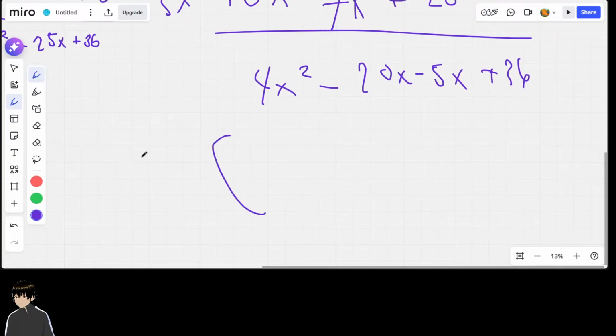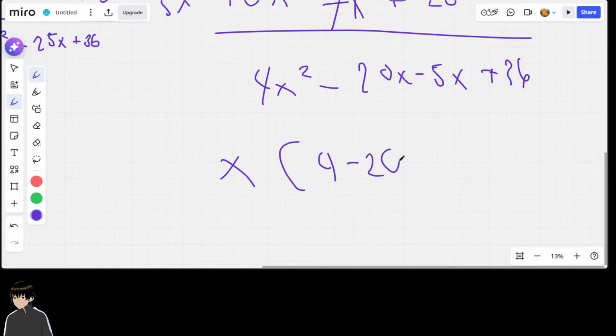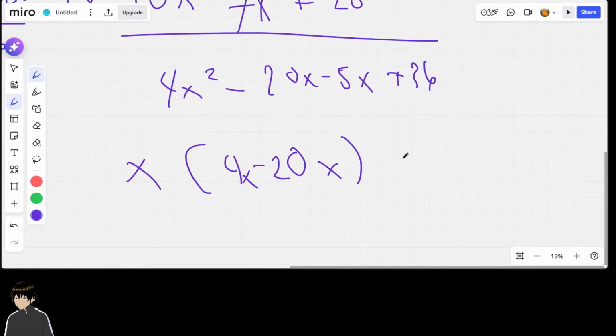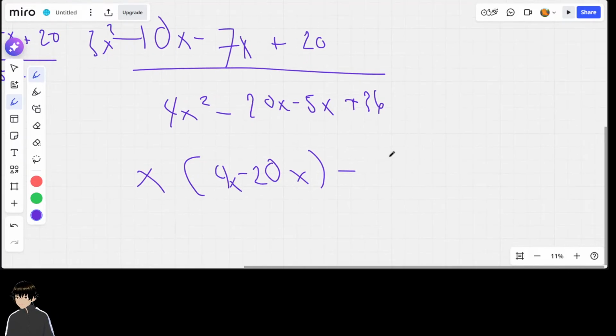So you can group this out, yeah. Factor 4 minus 20x. Minus